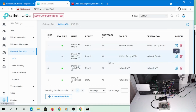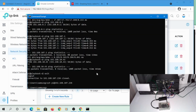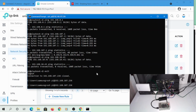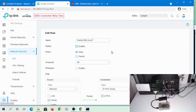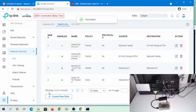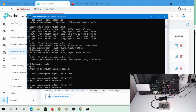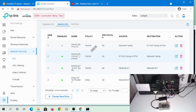So let's enable this again. Let's try it again. Maybe I broke it again. Oh, there you go. I can now enable that one. So what if I disable this one and apply? So in reality, I only need one more rule, which is basically to permit